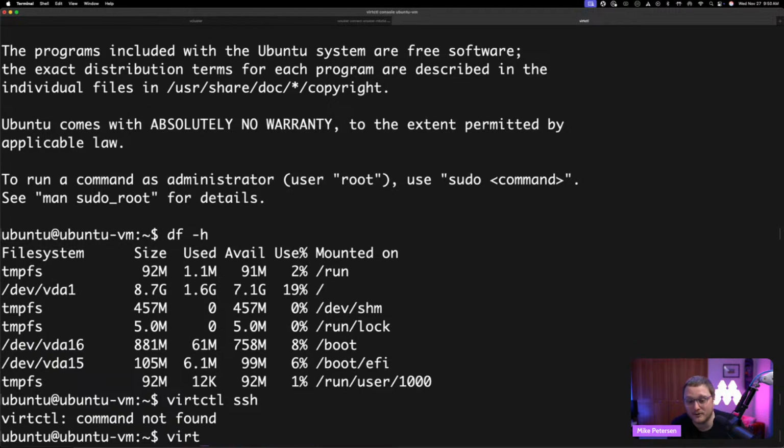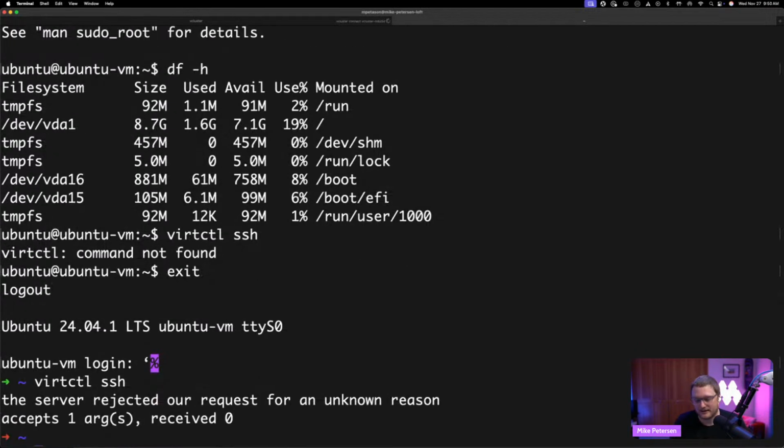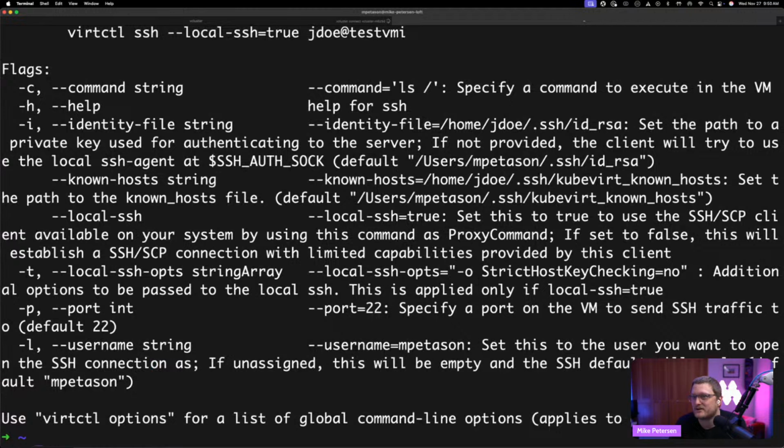I'm on the Ubuntu VM. Let me make sure I'm actually somewhere that I can run virtctl. I don't have it installed there. You've got the virtctl SSH command and stuff like that, so you can use that. But I just couldn't get it to work for some reason. I was even referencing the right key. Didn't work. Anyways,